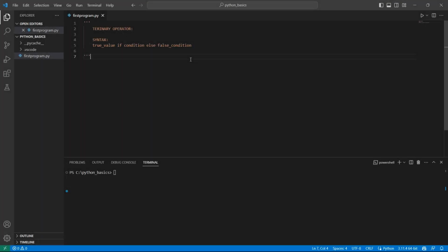Ternary operator. We use if-else blocks to perform a task based on whether a condition is true or false. To perform simple tasks, we can use a shorthand notation called the ternary operator. The syntax for the ternary operator is the value that you want to return when the condition evaluates to true, followed by the if keyword, followed by the condition, the else keyword, and the value that you want to return when the condition